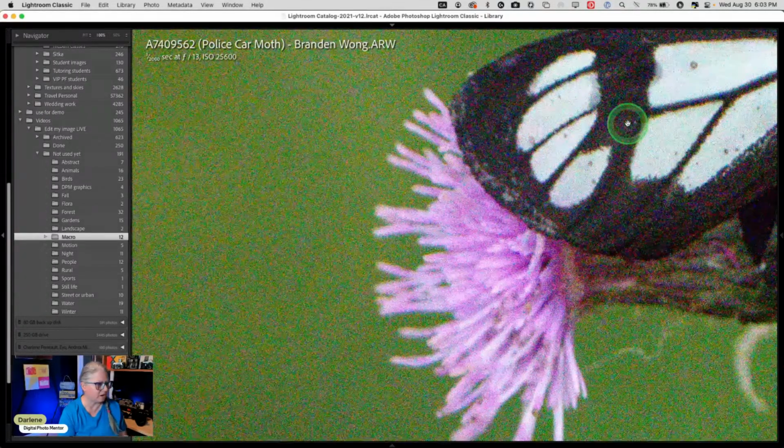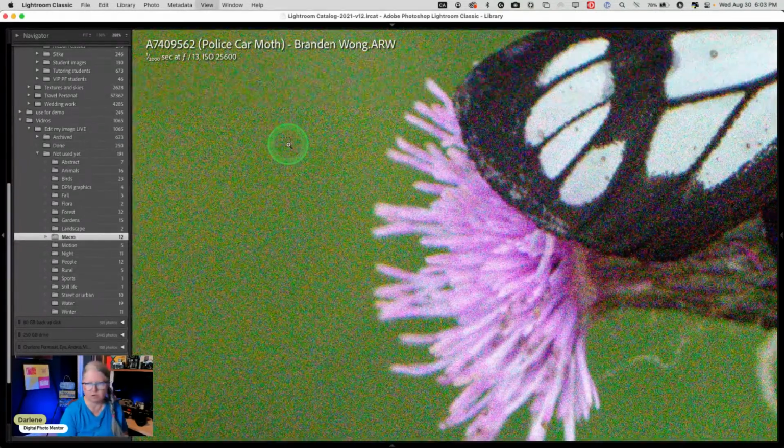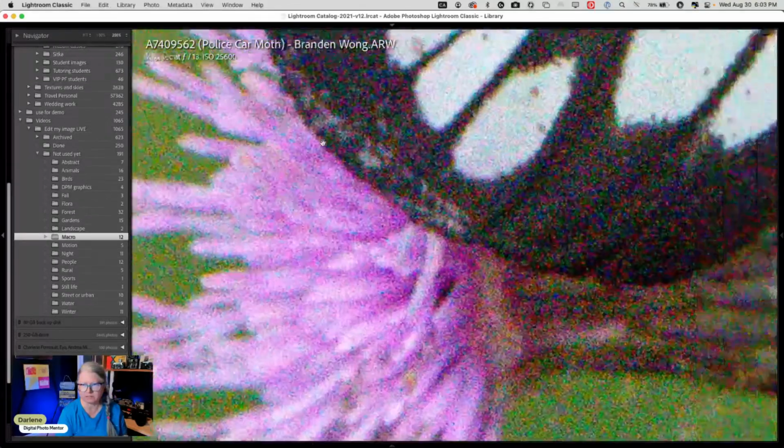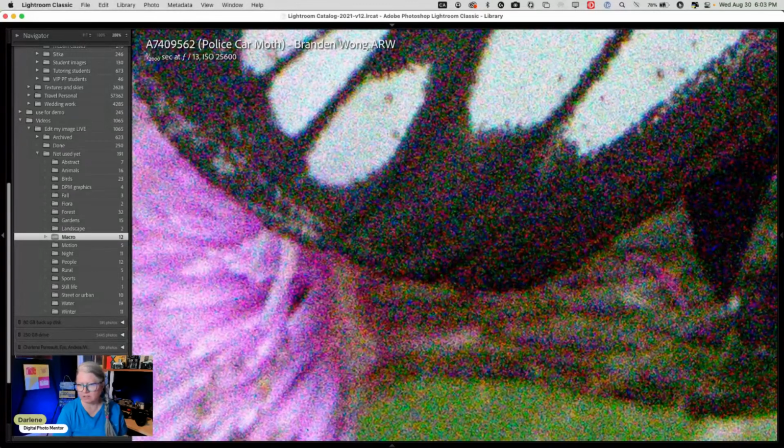There's all these little red and green and different colored speckles. That's color noise. If you can't see it really well, let me see, does that work? Does that help? Now you can really see it, right? Okay, so that's color noise, and it's created,